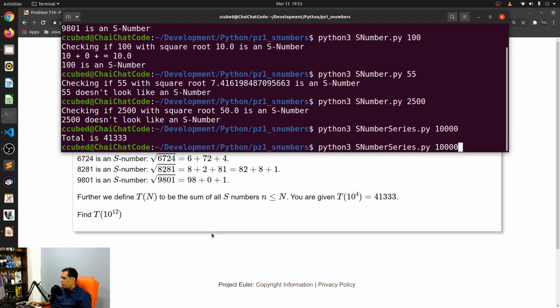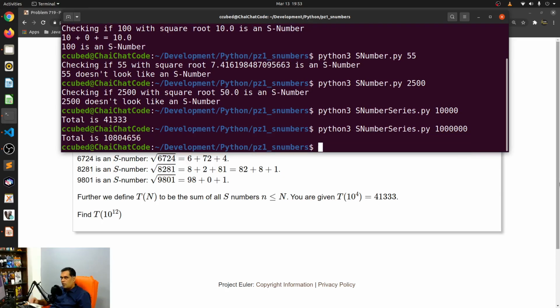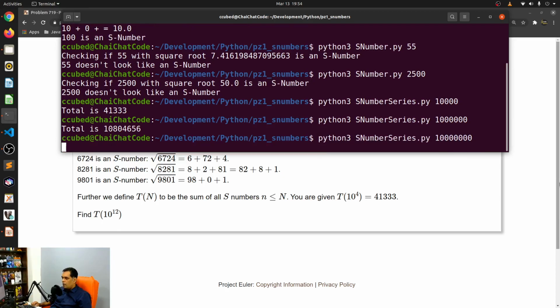So if I said 10,000, let me add a couple of zeros. That's 10,000. That's 1 million. So I have now 1 million. That's 10 to the power of 6. And you'll see that it does actually evaluate it. 10 to the power of 7. And